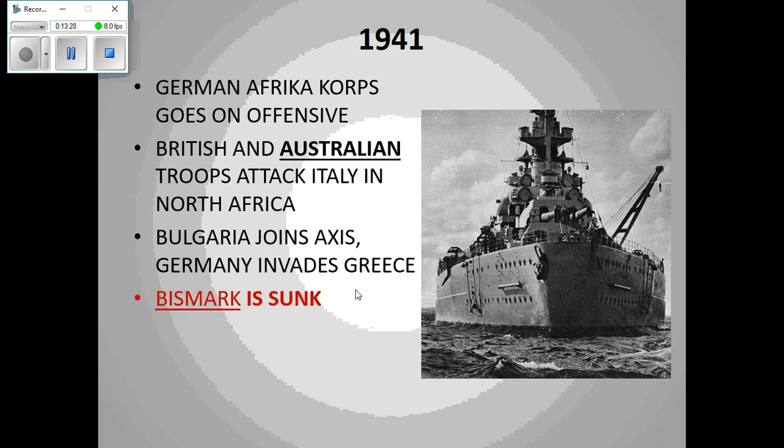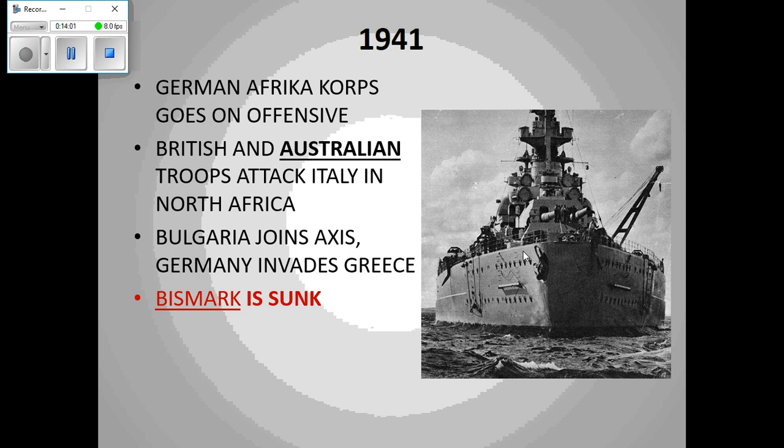All right, but the biggest thing that happens early in 1941, probably the biggest factor, is Germany kind of gets knocked off its feet on the ocean. Their big cornerstone of their navy is this humongous battleship called the Bismarck, named after Otto von Bismarck, and they sink it out in the North Sea. And when the British sink the Bismarck, that pretty much ends any German chance of ever invading Great Britain. So Great Britain really saved itself the day they did this.